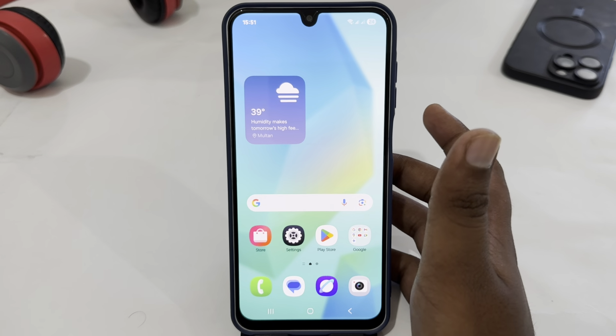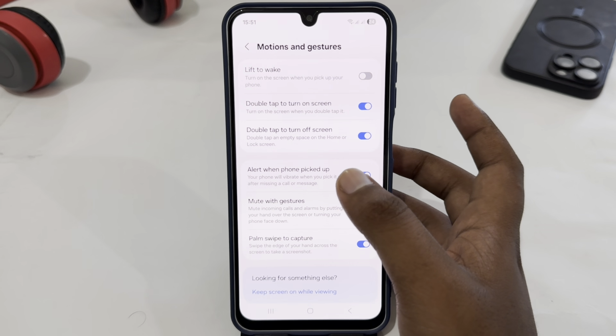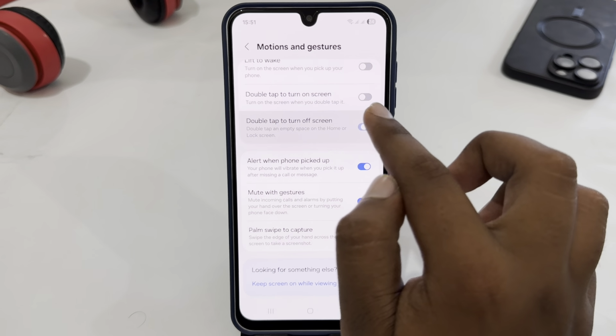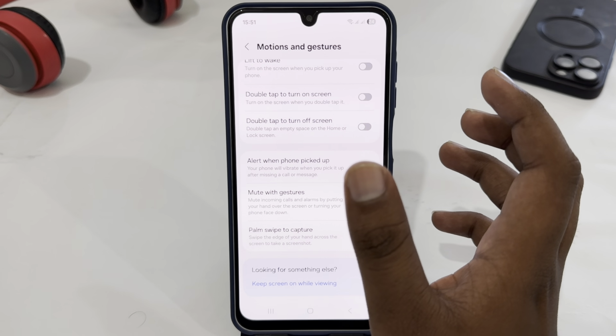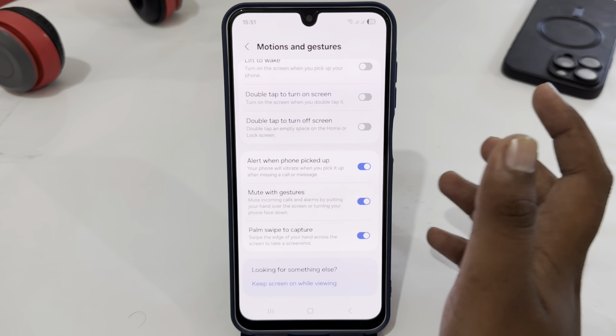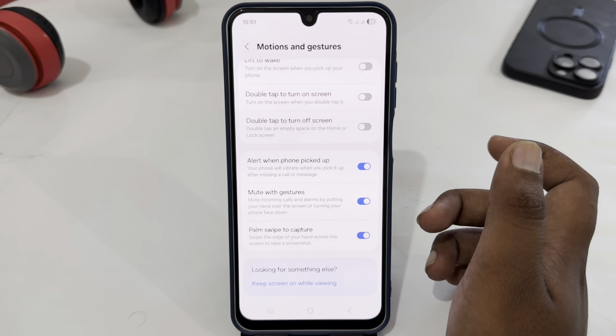Now if you want to disable the settings, just go to settings again, and here go to motion and gestures, and here just disable these settings to disable double tap to turn off or on screen. So that's how you can easily enable or disable double tap to turn on or off